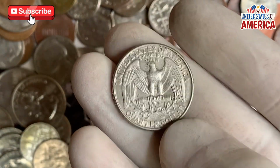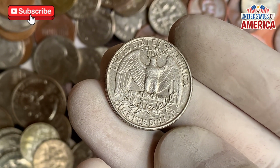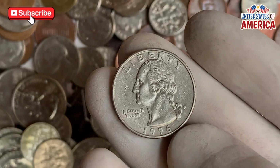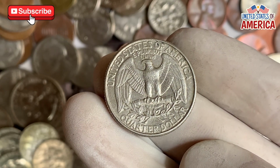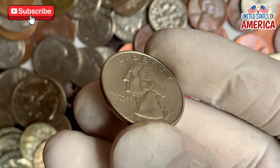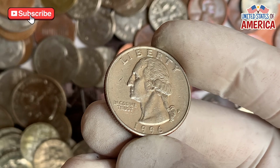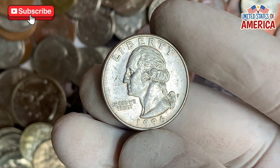The idea that your casual pocket change might conceal a tiny fortune. Condition plays as big a role as error type. A fully circulated VF-20 quarter, error-free or flawed, typically trades at face value plus $1 or $2, enough to cover dealer overhead. Slip into AU-50 or AU-58 territory, about uncirculated, and an error specimen might fetch